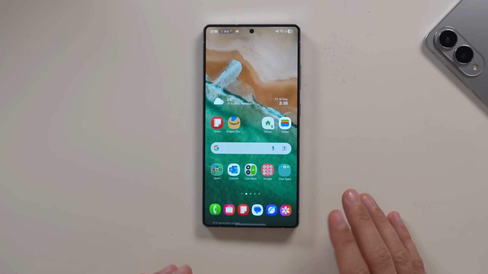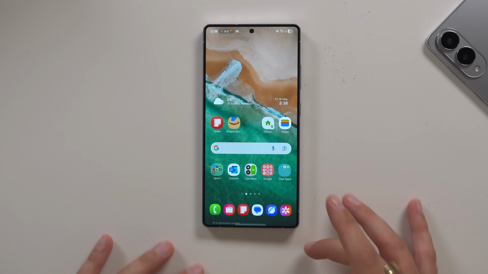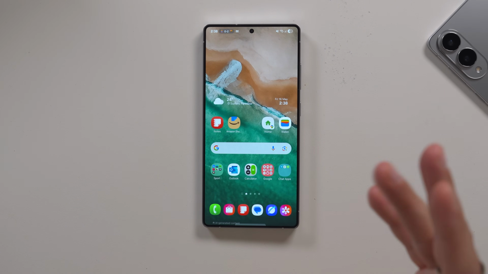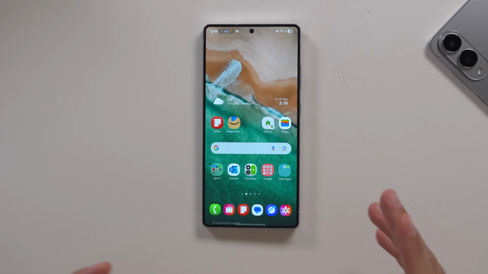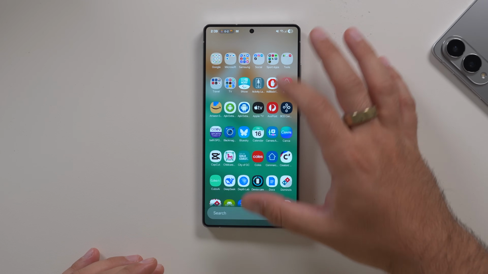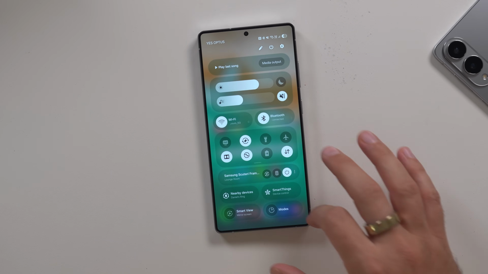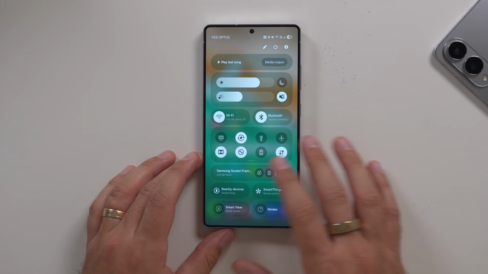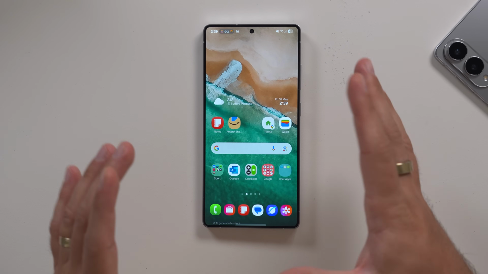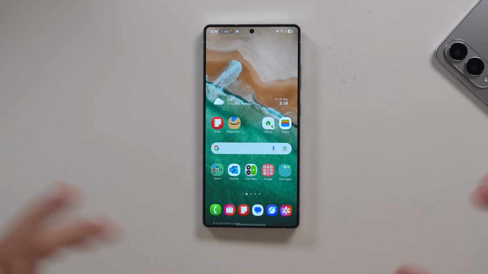I just want to talk a little bit about One UI 8 as a concept. Really, I'm quite surprised with how fluid and how well built out this is for a beta software. One that isn't even official beta for consumers yet. This is still an internal beta. So I'm very surprised with how fluid and how well everything operates and how it really feels like just an extension of what One UI 7 was and works really nicely.